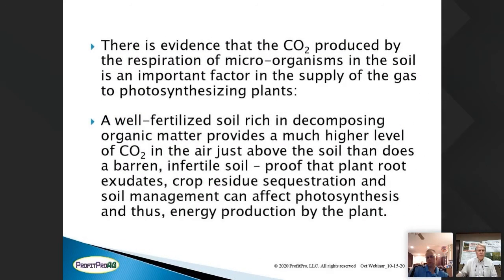Now, as I mentioned earlier, there is evidence that when we have carbon in the soil from crop residue recycling and sequestering off the top, which we're going to talk a little bit about at the end, and we have CO2 coming in to the profile, then,